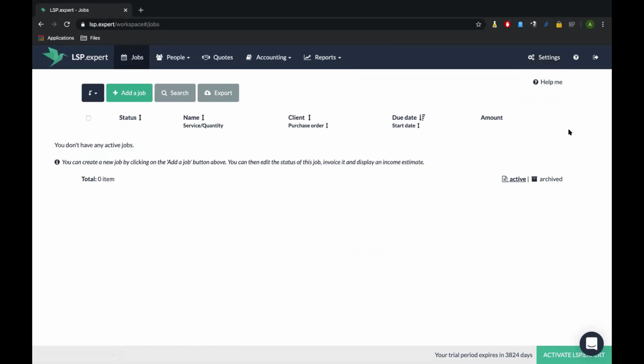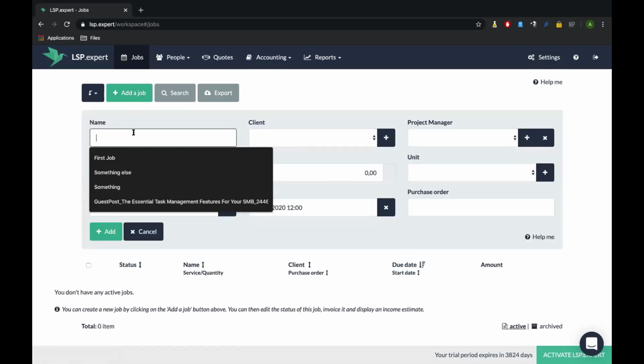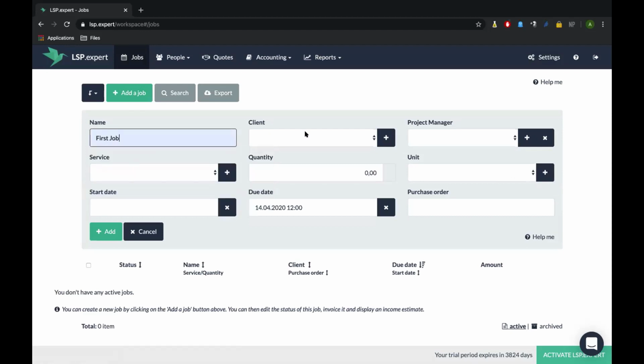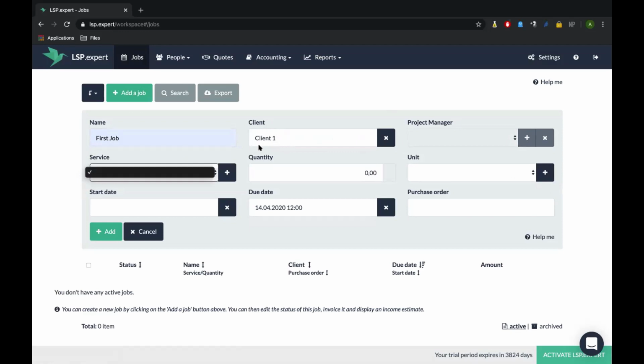So let's start by just creating a job, okay? If I want to do that, I just have to click on Add a Job and specify the name of the job. Let's say it's my first job, okay? Then I can specify my client. You can see here that I have no one right now because it's a whole new account. So I just have to click on the little plus and create my client number one. When I'm done with that, I won't have to enter again my client number one because the software learns everything I just introduced in it. So it's going to know for the next time that client one has to exist.